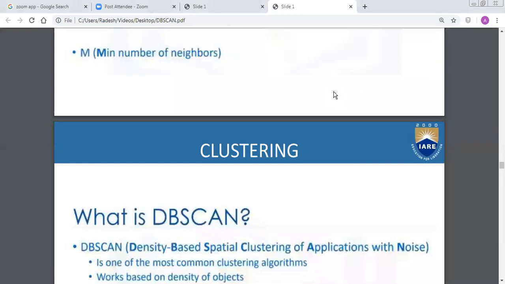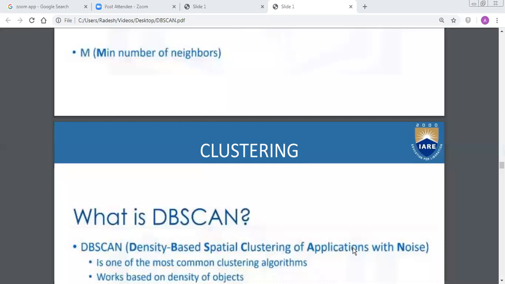Sir, Nikita is asking, can you repeat from what is DBSCAN? It is not possible to repeat the entire program once again. If you have any doubts, please ask, because this video will be uploaded onto the portal, and then you can listen once again. I think she might have logged in between, that's why she is having a problem. So DBSCAN is the density based spatial clustering of applications with noise. Then what she needs, kindly ask.